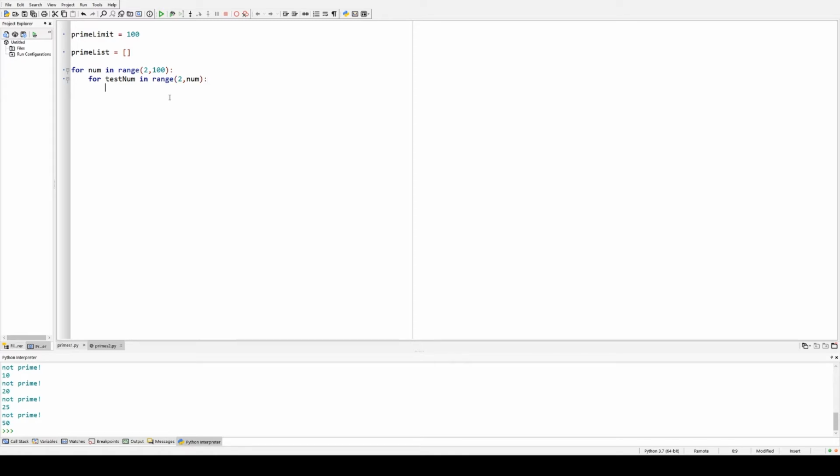And then we'll have the same thing we had before. If the number that we're seeing as prime is divisible by whatever we're trying to divide by,